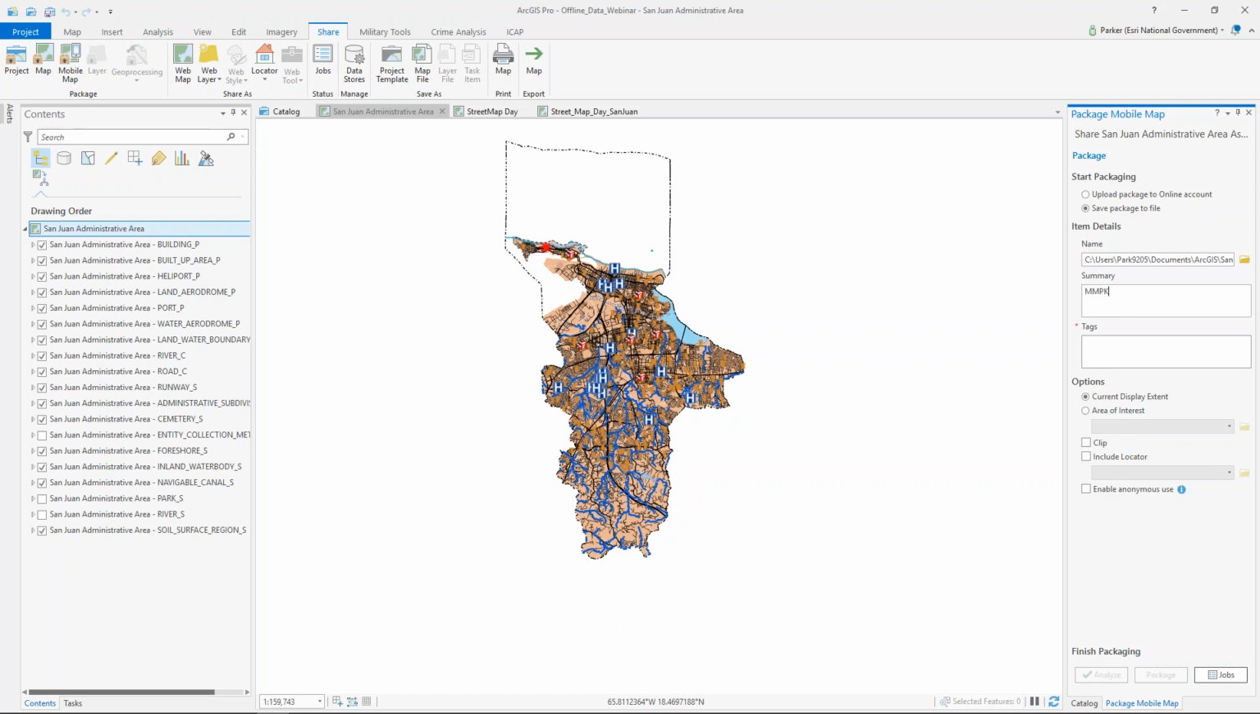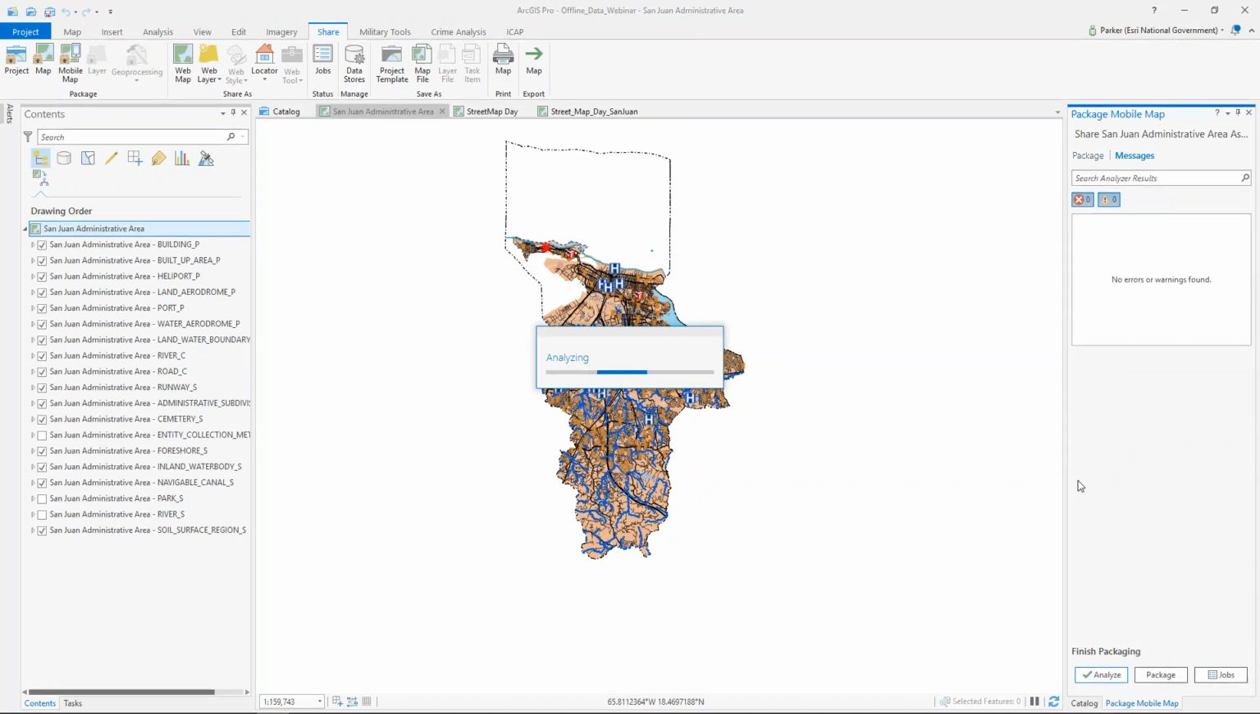I'll give it a brief summary. I'll give it a tag so that I can find it later. I also have the option to clip the extent of the data that I'm pushing out, so that if I don't want to send my full map out as a large data set, I can clip it down. And I can include a locator if I'm doing some routing. Since I'm not, I'll go ahead and analyze, and I find that I have no errors, so I'm ready to